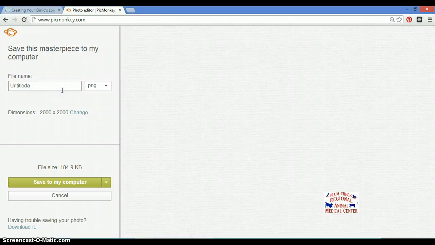I would recommend naming it something rather specific. Since it is a clear photo, it won't show up very well other than this tiny logo part of it in your picture preview pane. Call it overlay. If you're designing any other graphic in PicMonkey, you could choose to save it as a JPEG or a